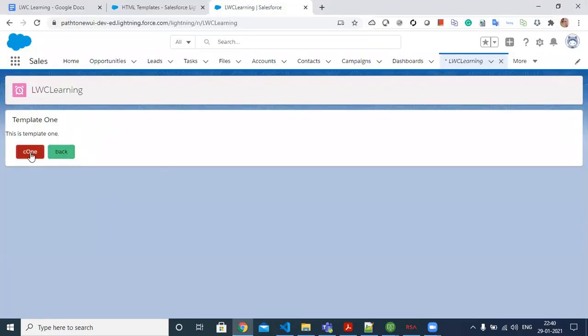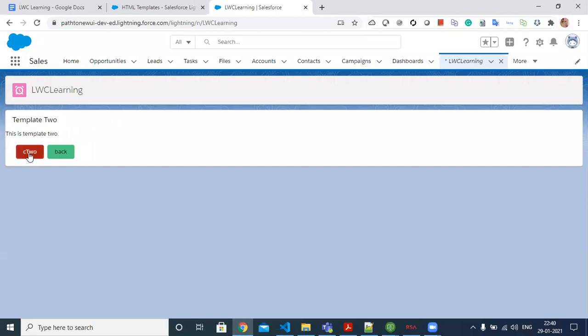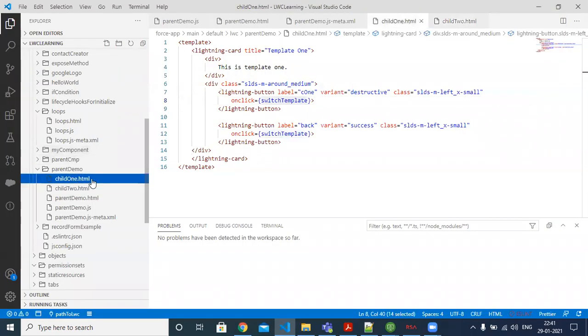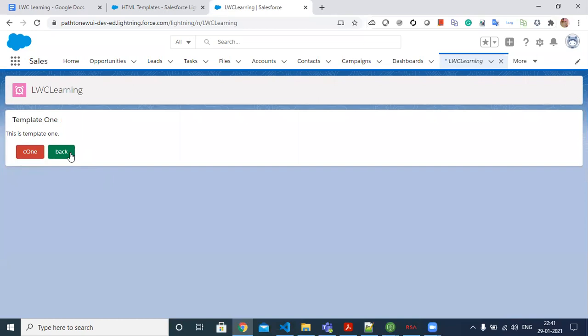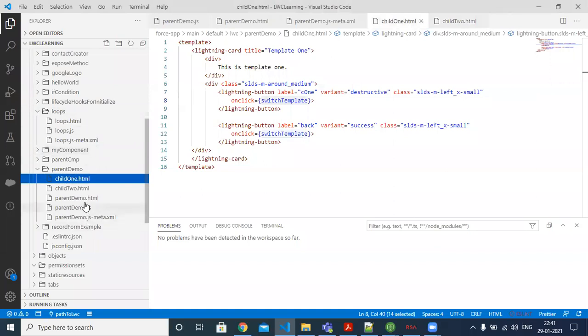If I click C1, this time it is invoking the child2.html file content. If I click C2 again, it is going to switch the template to C1 again, meaning child template 1. But if I click the back button, it is going to render or navigate to the default page, which is parent